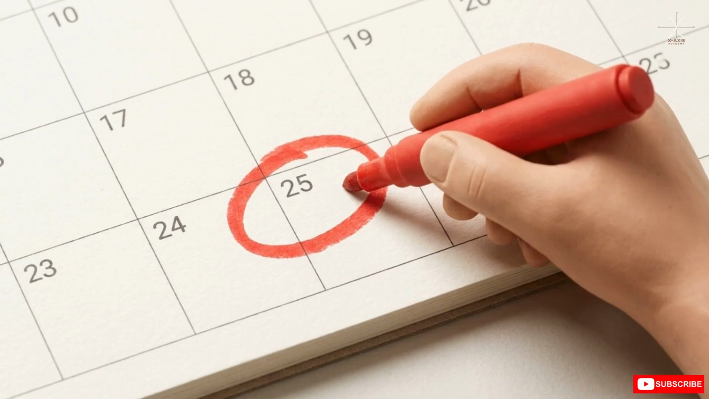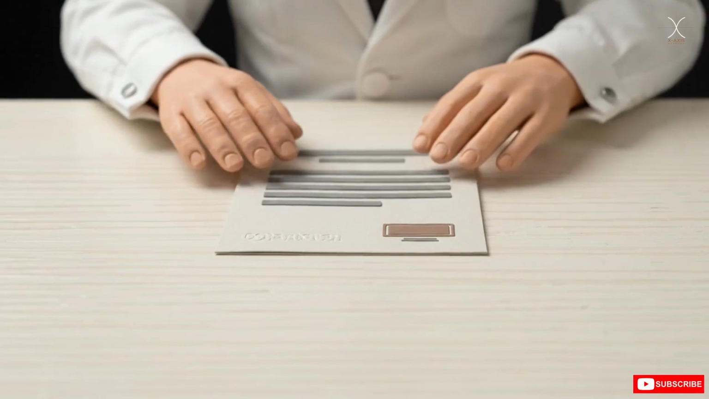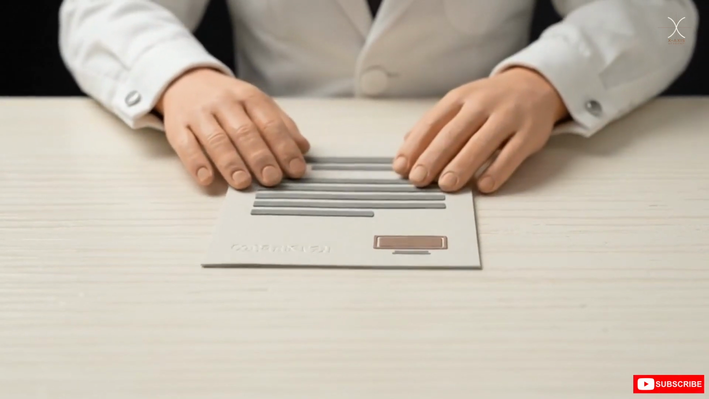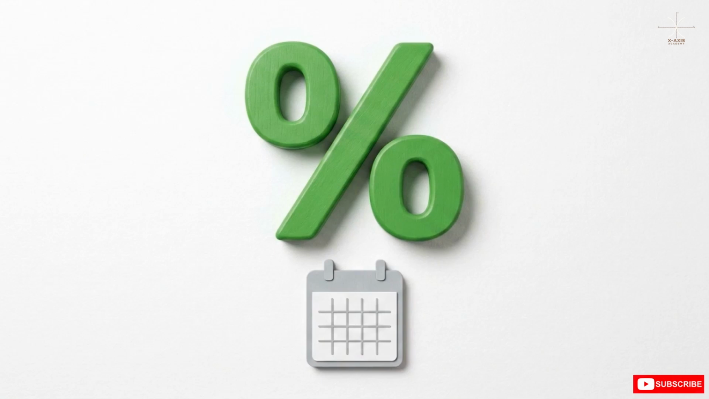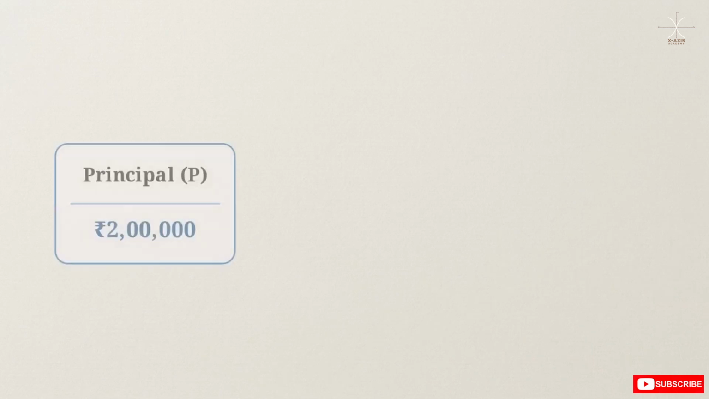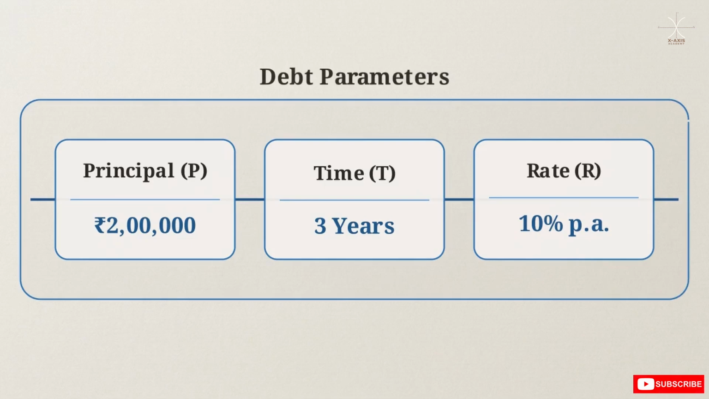Next, we define the duration of the loan. This is our time variable, which in this case is agreed upon as exactly 3 years. Finally, we need the specific cost of the borrowing. The bank sets this as a percentage per year, known as the rate of interest. For this loan, the rate is 10% per annum. When an entrepreneur tracks these 3 variables, principal, time, and rate, they define the specific parameters of their debt before